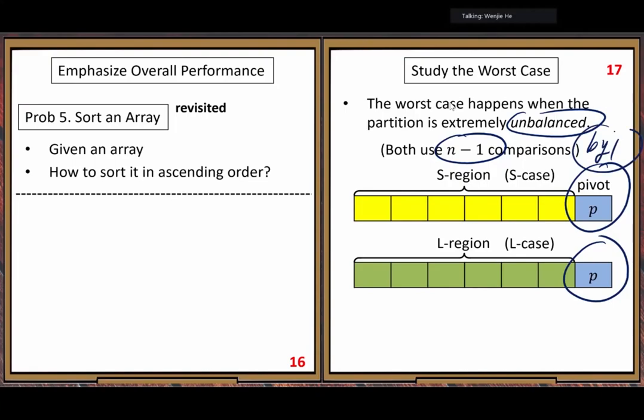Then the reduction is too slow. Every time you reduce the problem size just by 1, it's too slow. So now when we calculate,